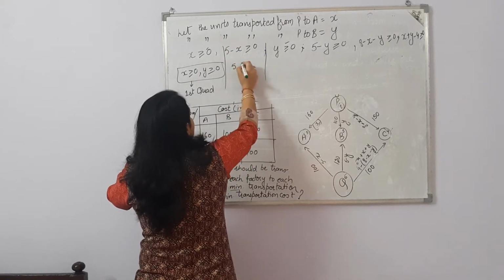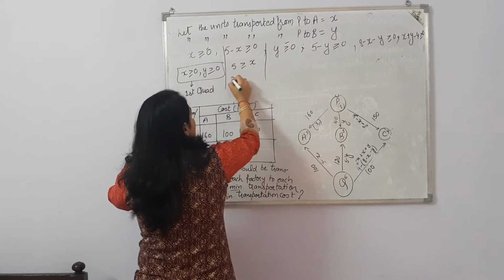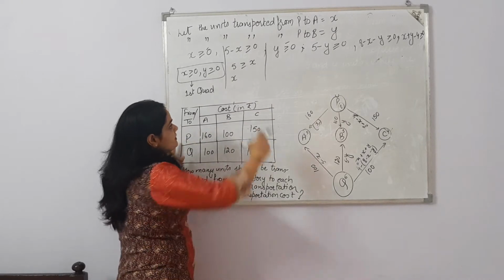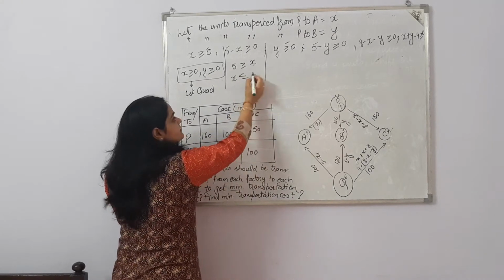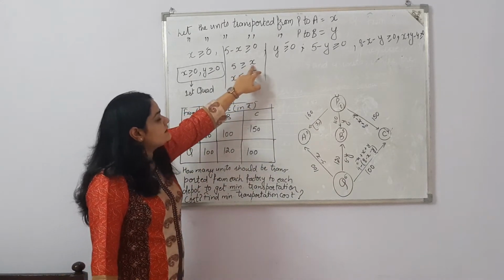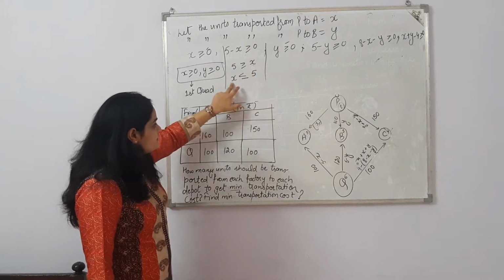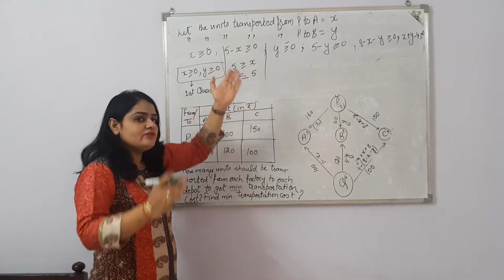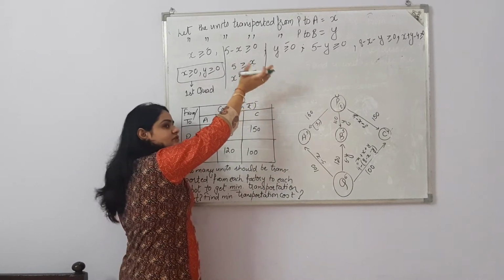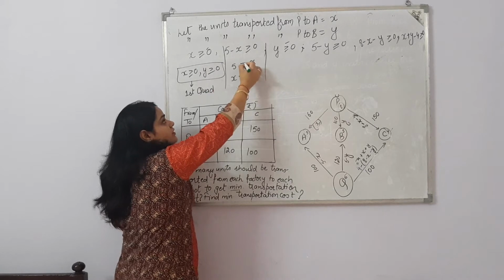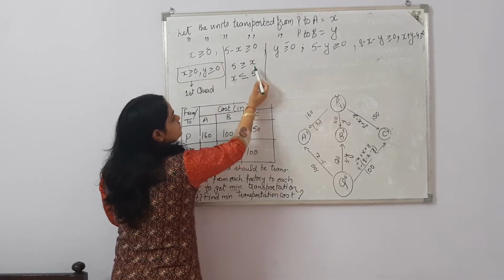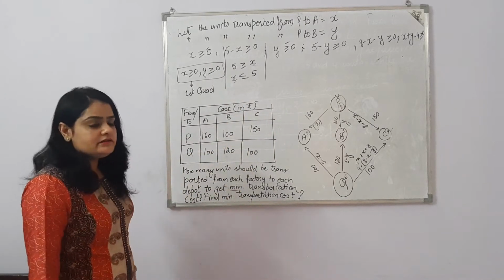x goes to that side, it becomes positive. So the mouth of the inequality is closed in front of x. So x is less than or equal to 5. I have not changed the sign. Here x is on the right hand side, and now I have taken x to the left hand side. So if I am transferring x from right to left, then of course the sign will change. Another hint is that here the mouth of the inequality is closed, and here the mouth of the inequality is also closed for x. You can take the hint.